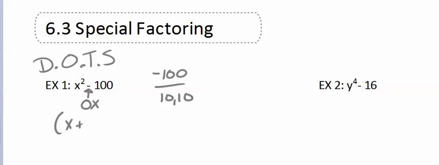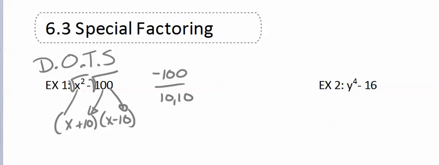One would be a positive 10, one would be a negative 10, in order to cancel out and give you that 0. So with a difference of two squares, if you take the square root of that number, that will always give you that last term, as would taking the square root of the first. By doing it, it cancels out the middle. Now, if we look at example number 2,